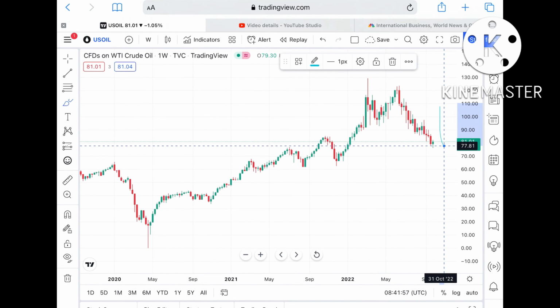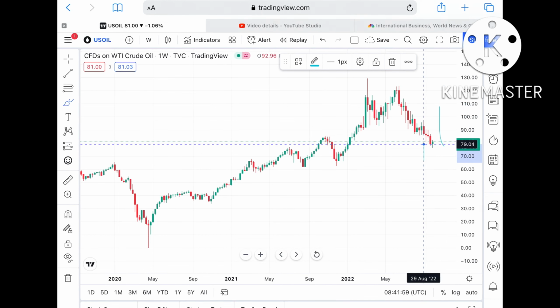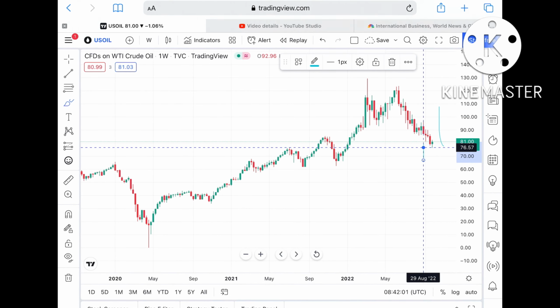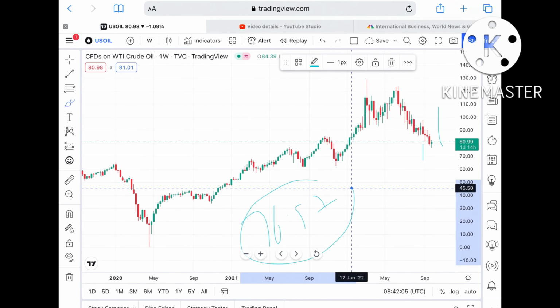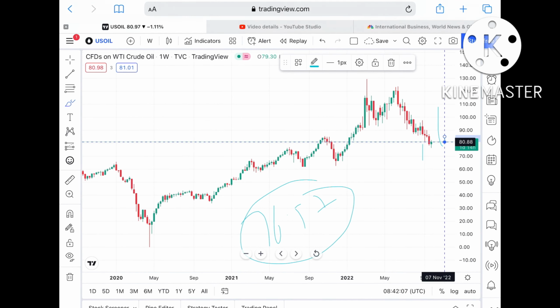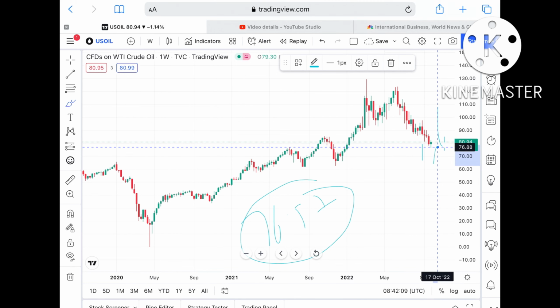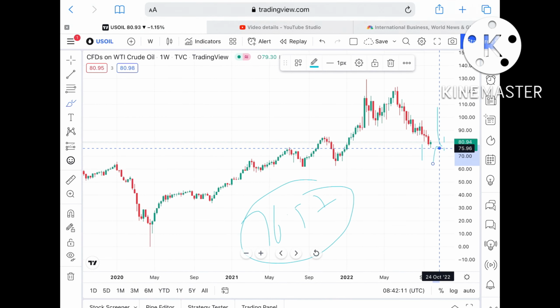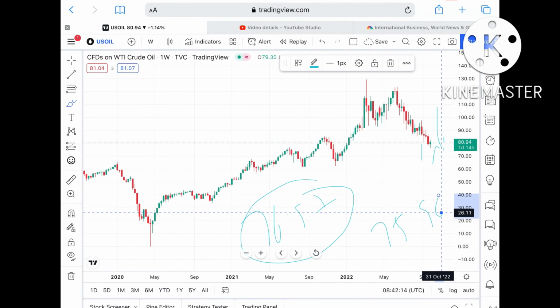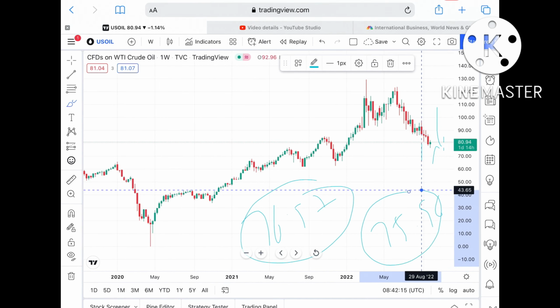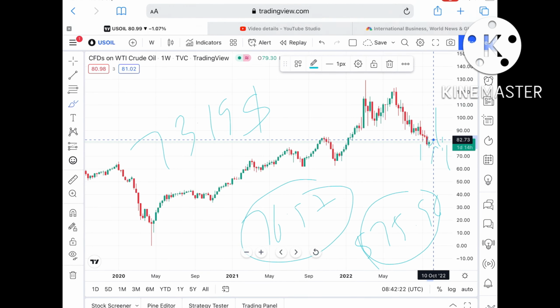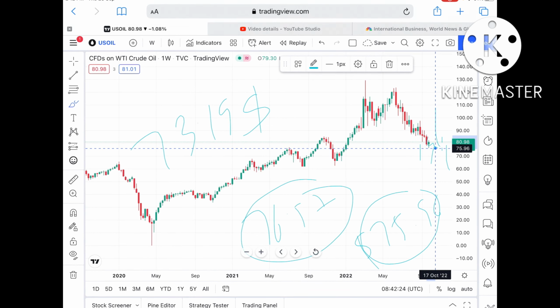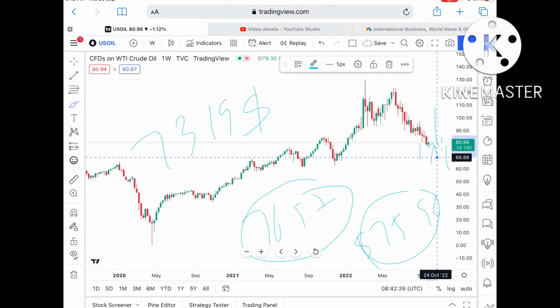Then it can touch a level of around $77.81, and from there it can move further low towards a level of 76.57. And once the price falls below this particular level, then there is a higher probability that it can make another level of around $75.96, and if that level also doesn't sustain, then it can touch a level of around $73.19. And once the price falls below this level, then it can move further low and can touch a level of around